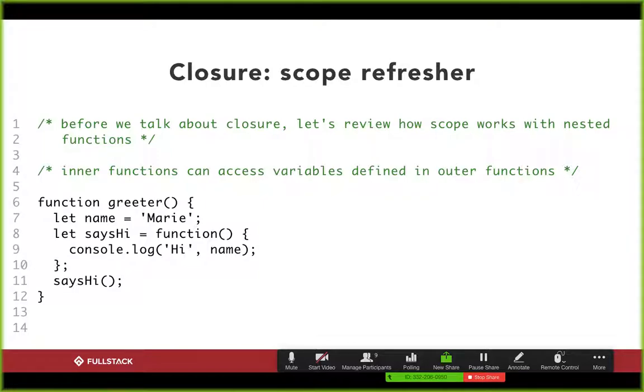However, in this example, when the says hi function looks for a name, it looks in its own scope first, between lines 8 through 10. It can't find it. So then, because the idea of scope is that you can look more and more outwards,